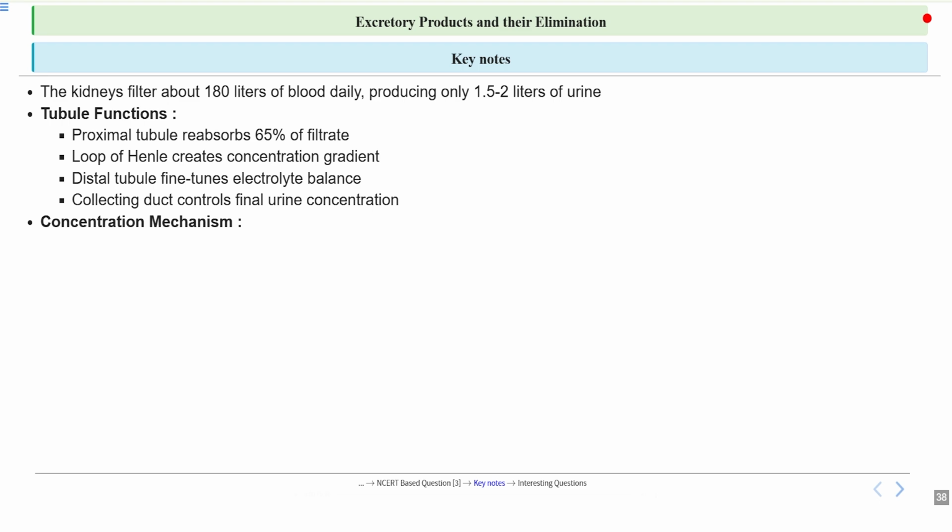This involves several coordinated processes that help us conserve water and maintain balance in the body. The counter current multiplier system in the loop of Henle is the key to the process. It creates a strong concentration gradient, allowing the kidney to reabsorb water efficiently. So you can imagine it as a clever plumbing system designed to maximize water savings.